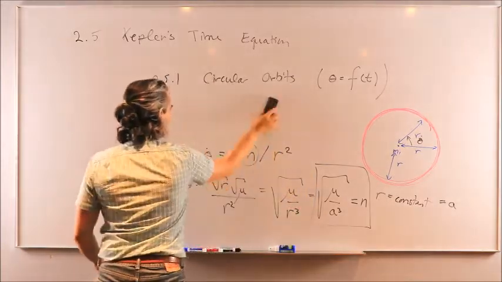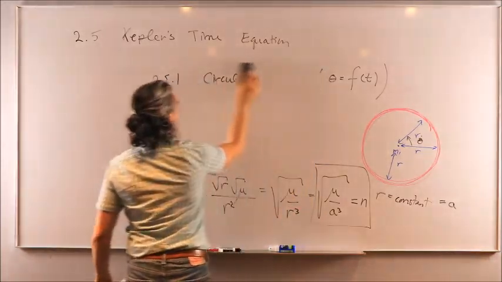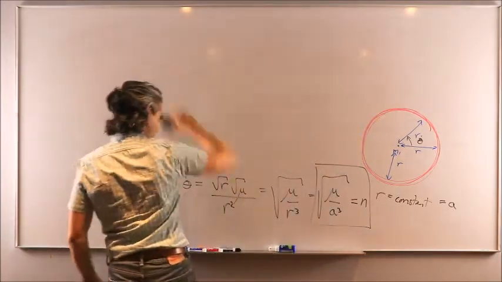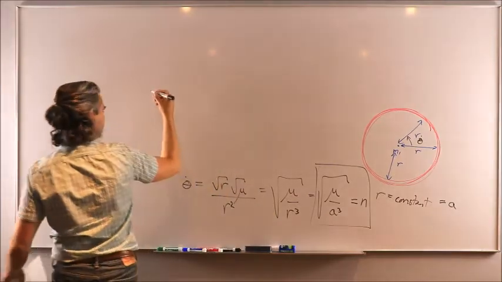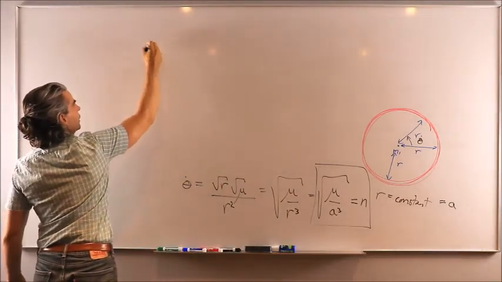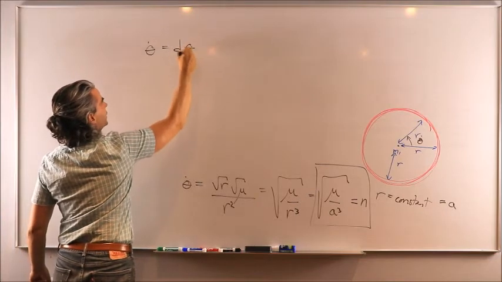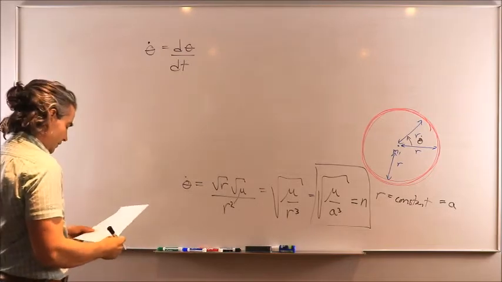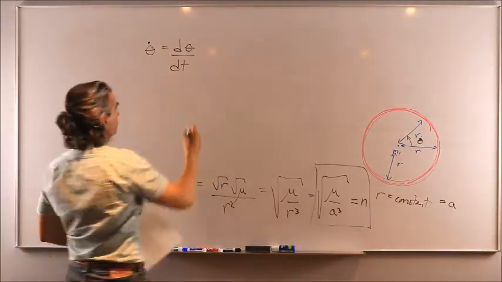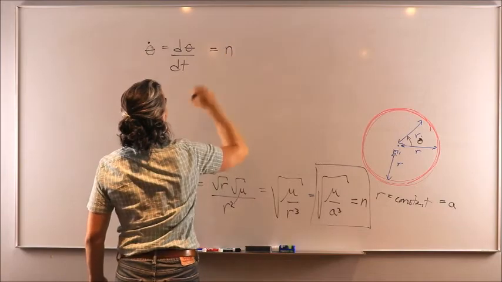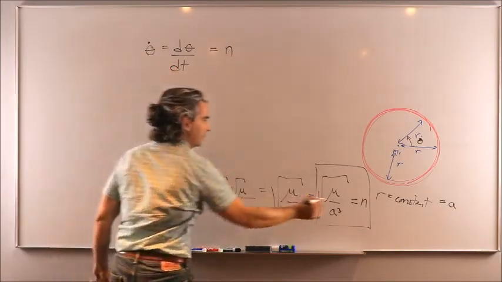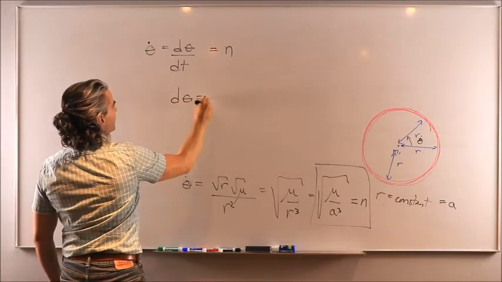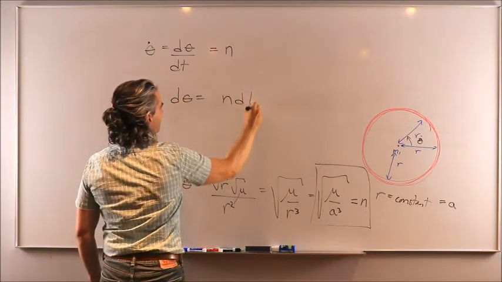Now, we still don't see explicitly the time dependence in that expression. Well, that's not a big deal, because all we have to do is recall that theta dot is actually d theta over dt, right? This is the time derivative of the true anomaly, which is also equal to n, right? Theta dot equal to n. We have just established that, meaning that we can write that d theta is equal to n dt,